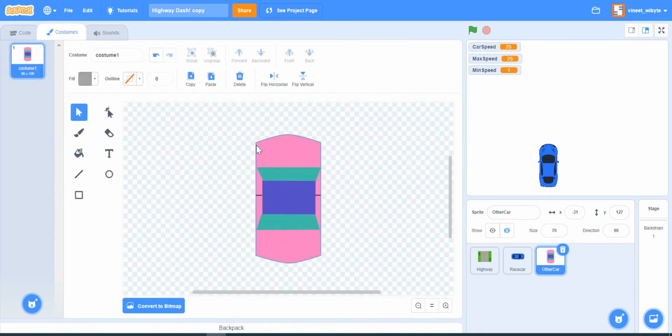Now, this obviously is not the best car, but the point I wanted to make is that these tools are also fairly powerful. You can use these to draw something, right? So here I drew a rectangle, then I used this tool to distort it a little bit, and then I drew something like a roof and the two mirrors. So, a simple car, good enough for our purpose, but you can certainly do more here. You can do many more sophisticated drawings. So we will go with this. This is our other car.